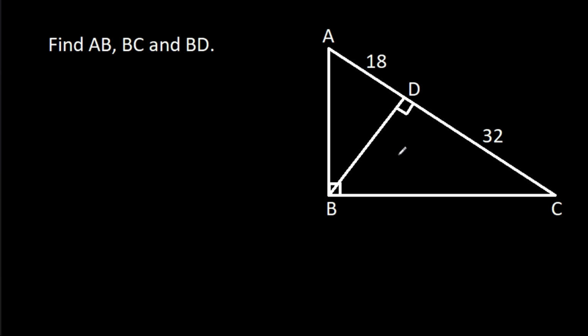In this video, we have been given a right angle triangle ABC and BD is perpendicular to AC and AD is 18, CD is 32. Then we have to find AB, BC and BD. So the first method,